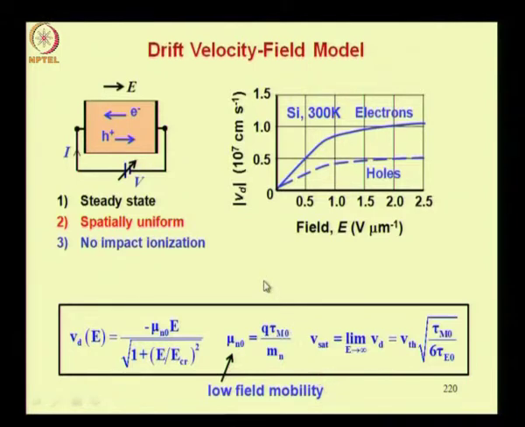So here is a summary of our model. The conditions in our semiconductor are steady state, spatially uniform, and no impact ionization. Under such conditions, if you increase the voltage across a semiconductor slowly, the current versus voltage relation will be linear in the beginning and then it will approach saturation. So since mu n0 is the constant slope in this linear segment close to the origin, for low fields, this is called low field mobility.